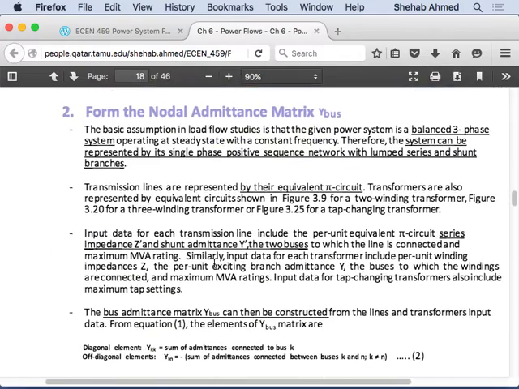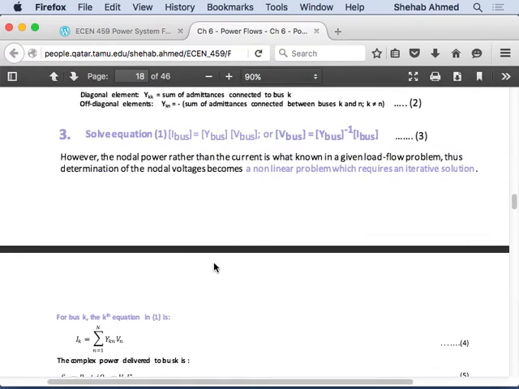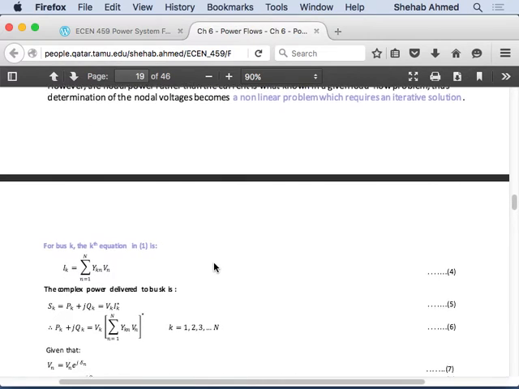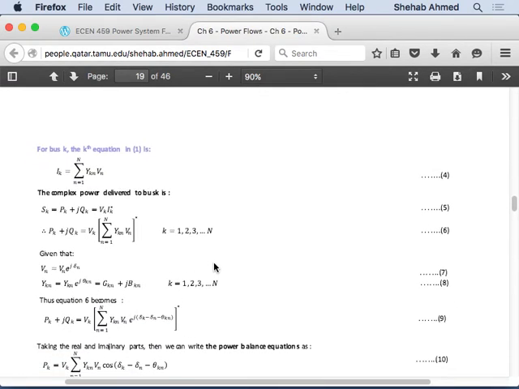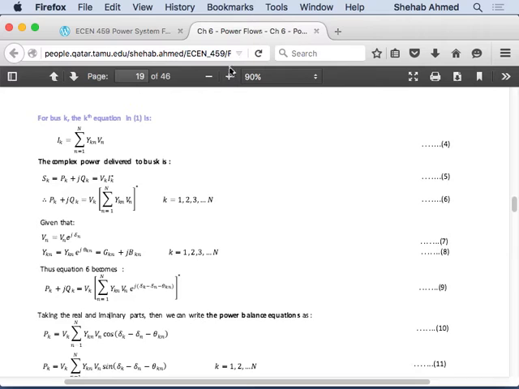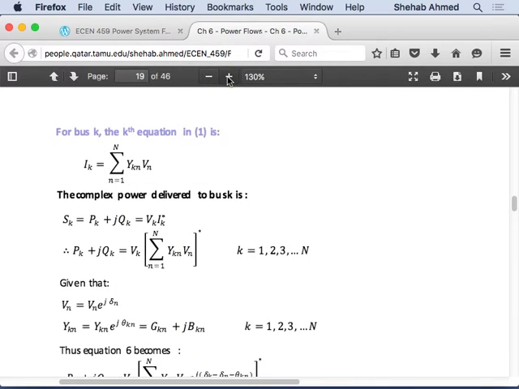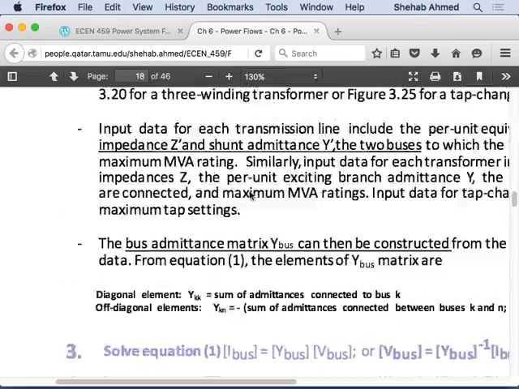You then construct your admittance matrix. This is the step-by-step procedure to solving the power flow problem. After you solve your admittance matrix, now you can play with your equations. If you go back to the equation, the matrix that we constructed,